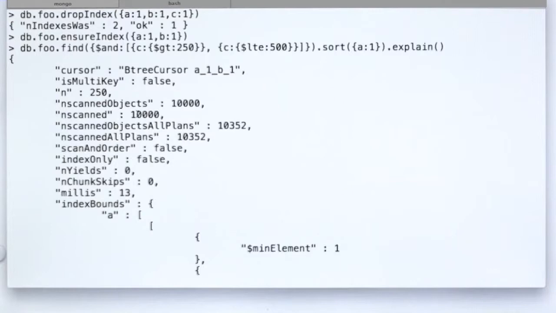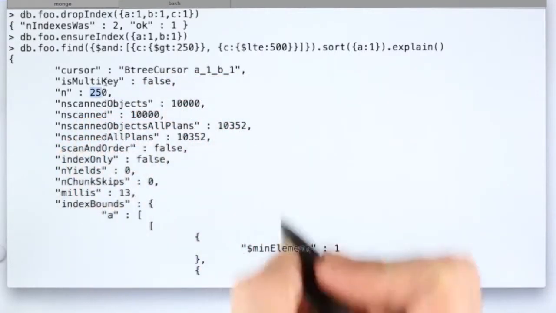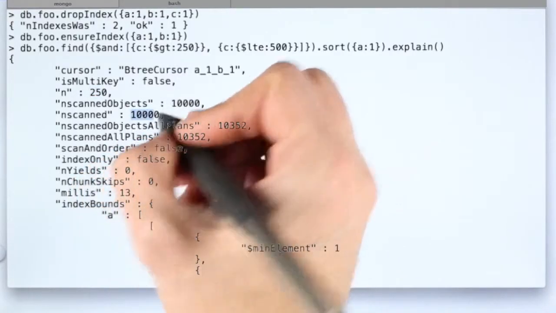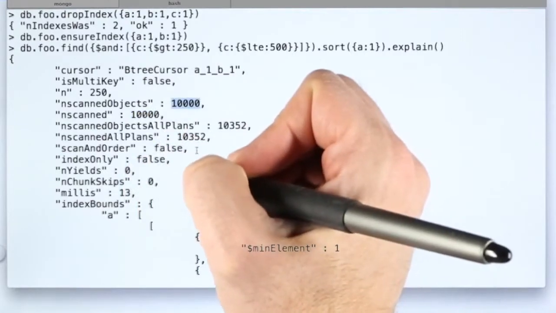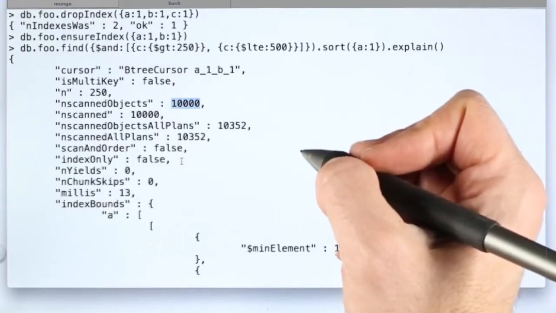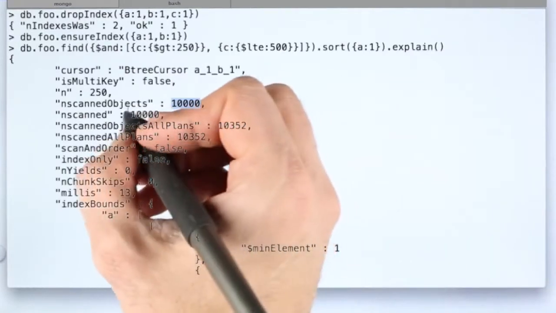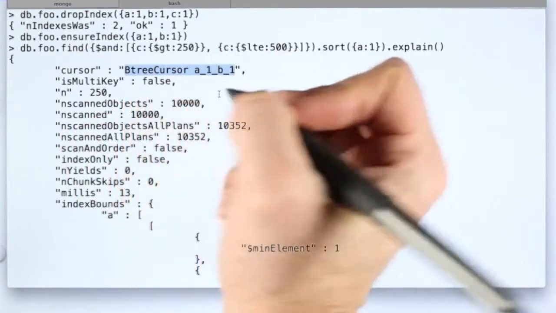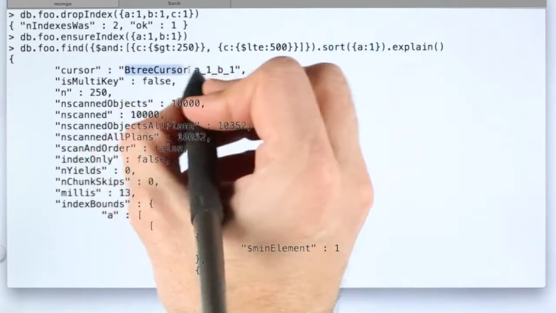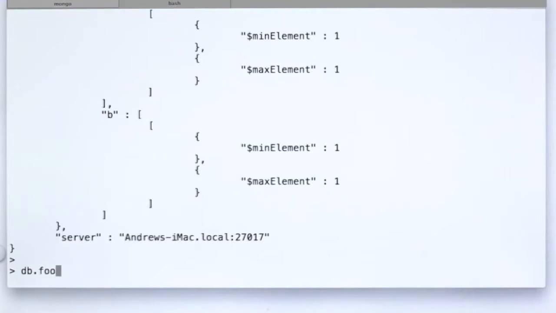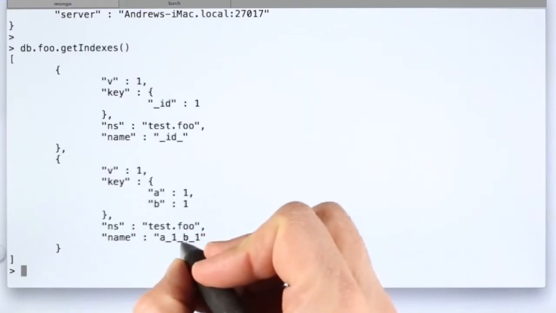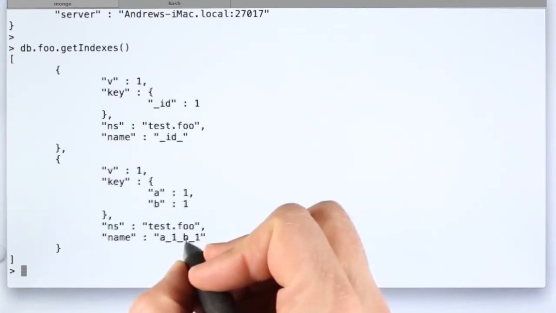And in this case, the result is more clear. You can see that, again, it returned 250 documents, but the number of scanned index entries or documents is 10,000, and the number of scanned documents is 10,000. So in this case, it couldn't use the index at all, couldn't even scan the index to figure out what the answer was. So it went right to the collection, it scanned them all, and then it was able to use the B-tree cursor index to return the results in sorted order. And just to show you that this is the index on A and B, I'm just going to show you the getIndexes command, which will show you the indexes that are on the collection. And you can see this collection has the index A, B is now called a_1_b_1,